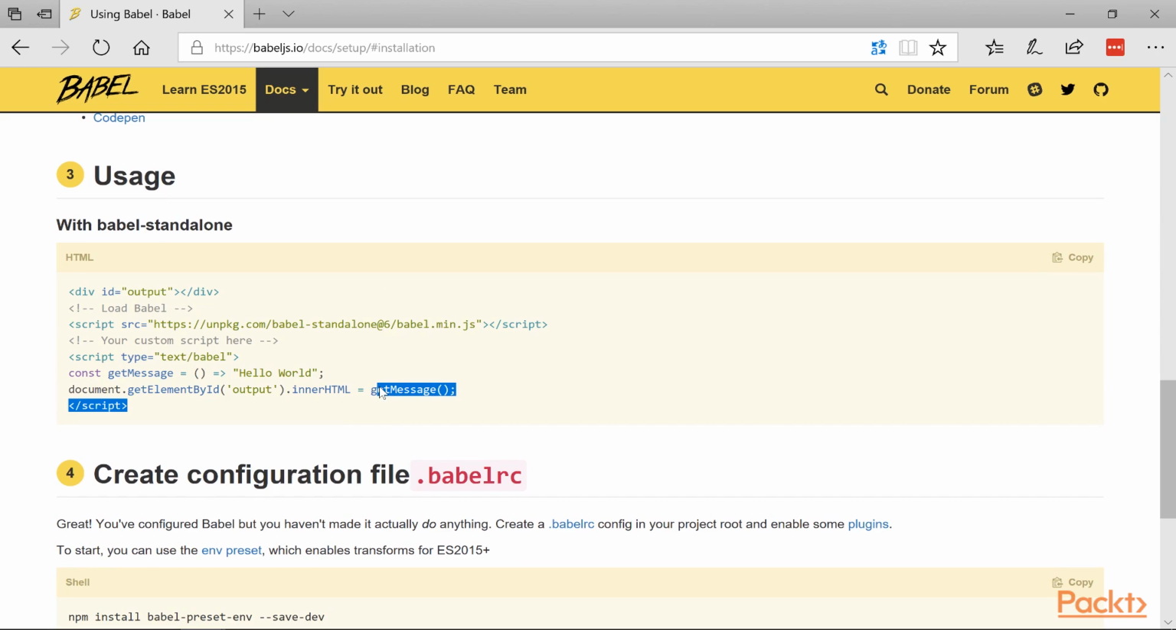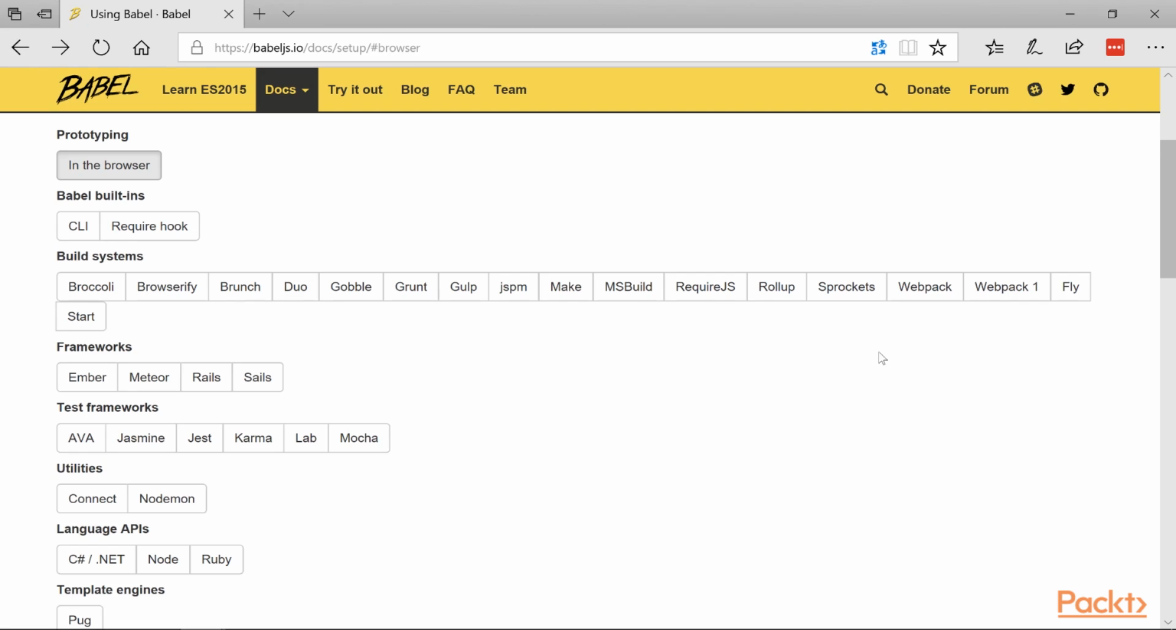Notice here Babel is available as a standalone script, so you can reference that script. Then you'll need to put a script tag with a type attribute which says this is a Babel script, and here is an example of arrow syntax, or the anonymous function. And this code block will be transformed to ECMAScript 5 by Babel at runtime within the browser itself. If I go back and let's say I select Webpack as a system,